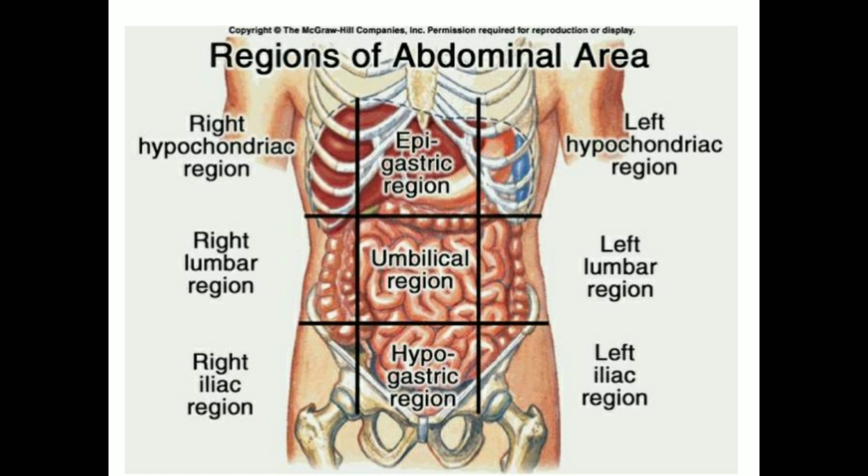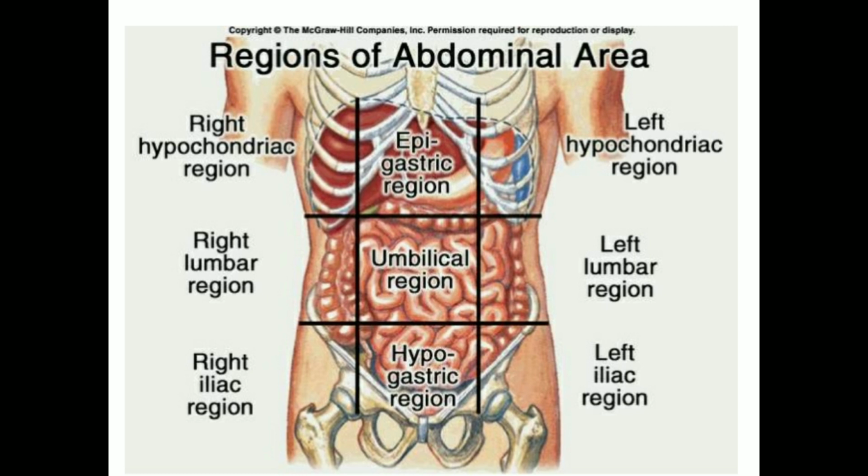Today the class is on the stomach. First we look into the abdominal region. See in the figure, if you look here, this is the abdominal region you are looking. So the abdominal region is divided into 9 quadrants. You can clearly see here, these are the 9 quadrants of the abdomen.